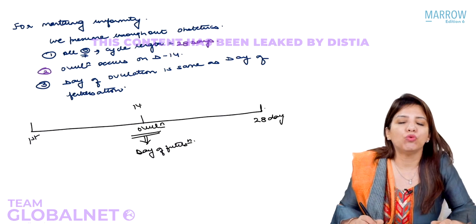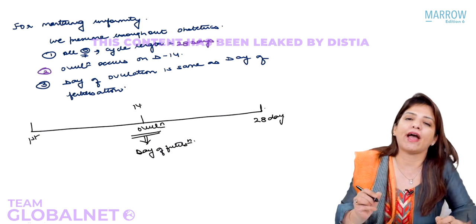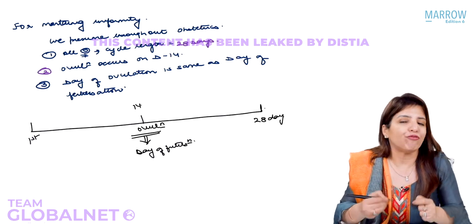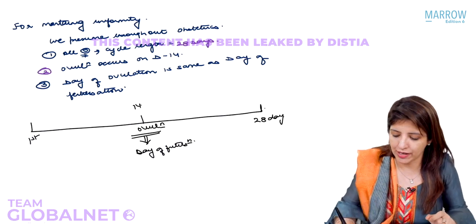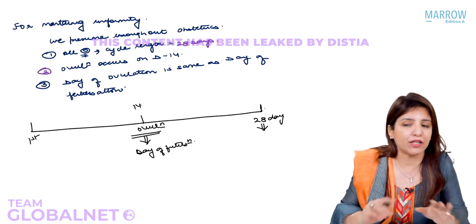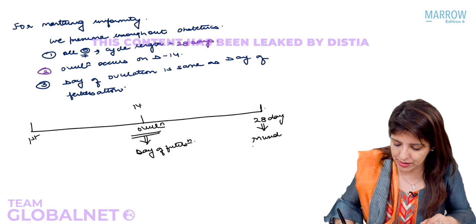So this female who had a 28-day menstrual cycle, on day 14 she ovulated and on day 14 only fertilization happened. So if fertilization has happened, that means now she has conceived, and now on 28th day when she was about to have her period, she is not going to have a period, and this will become her missed period,